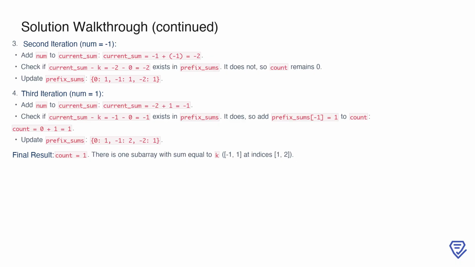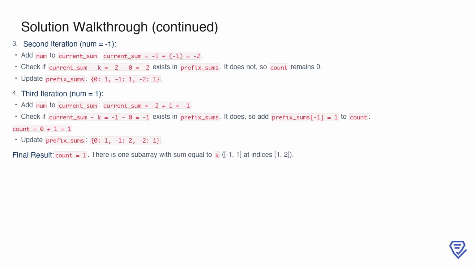Adding it to current_sum gives -1. Checking current_sum minus k, which is -1 minus 0, or -1, we find that -1 exists in prefix_sums with a value of 1. This indicates one subarray with a sum equal to k, so we increment count by 1, making it 1. We then update prefix_sums to 0, 1, -1, 2, -2, 1. The final result is count equals 1, meaning there is one subarray with a sum equal to k: -1, 1,